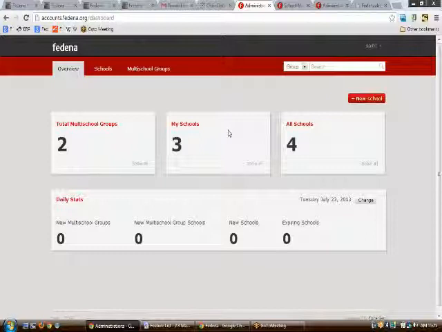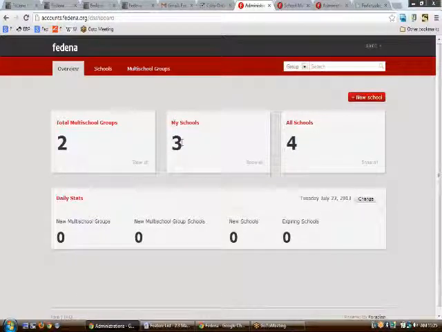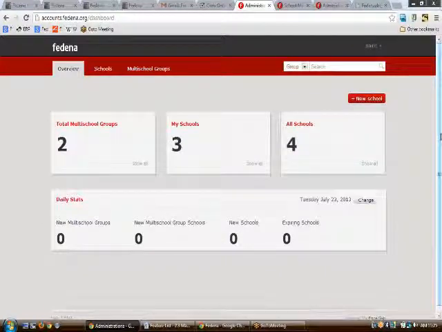This dashboard would help you to monitor all the multi-school groups that you have created, the total number of schools, all the schools that you have under you, and all the schools that are inside the multi-school, as well as those that are created by you. So this is the dashboard that you would be getting.